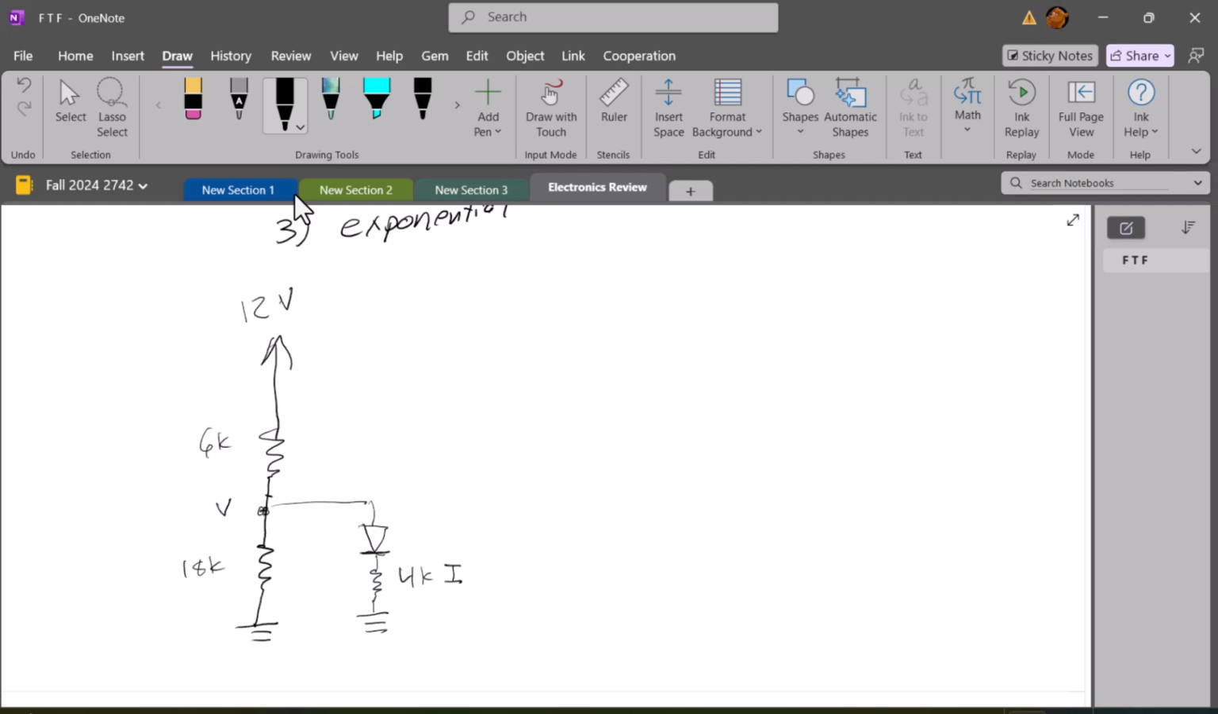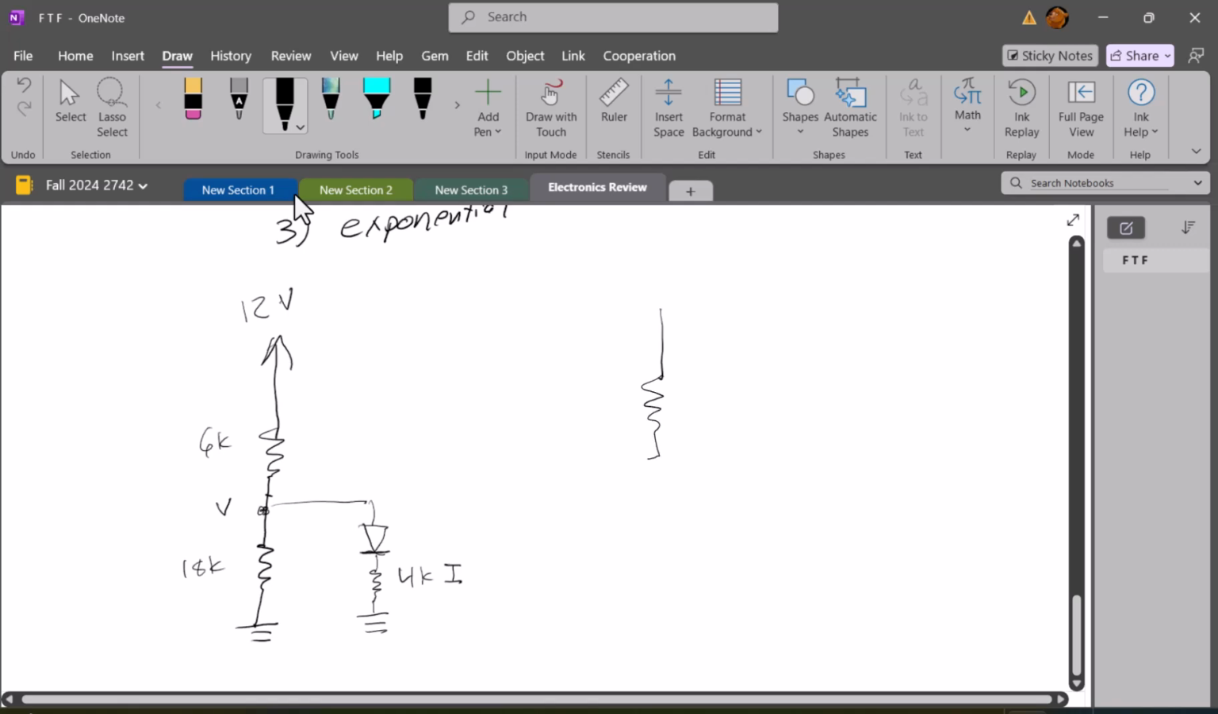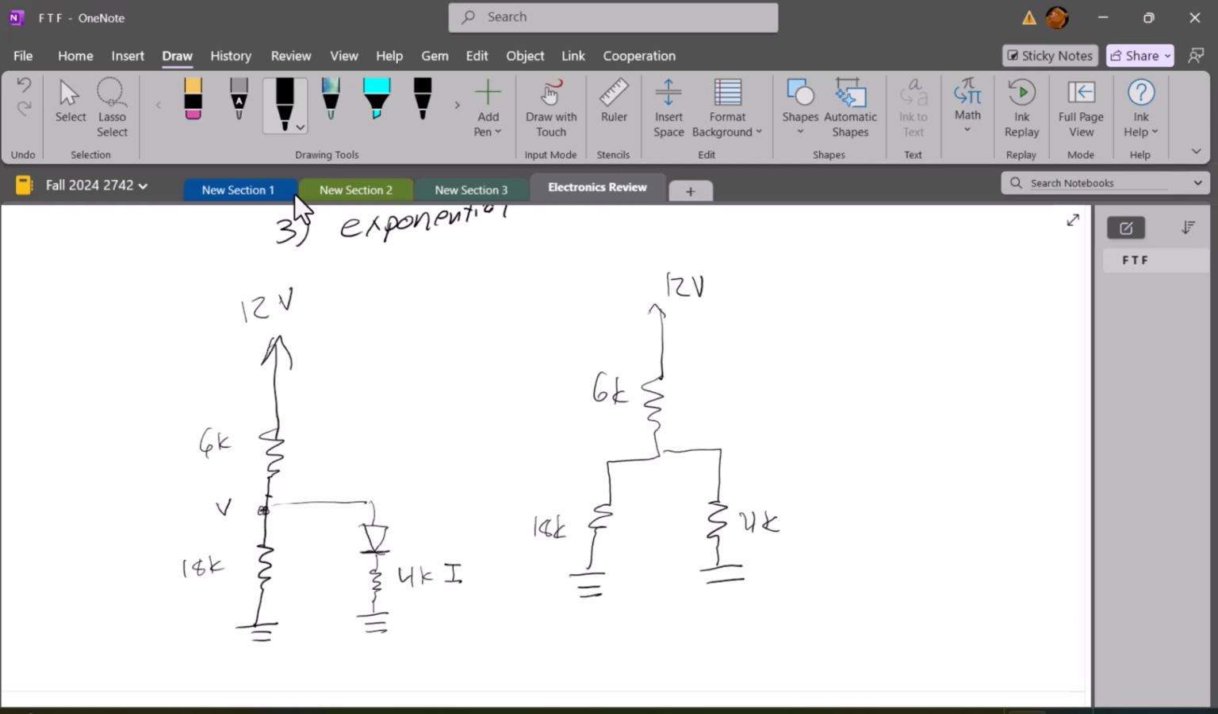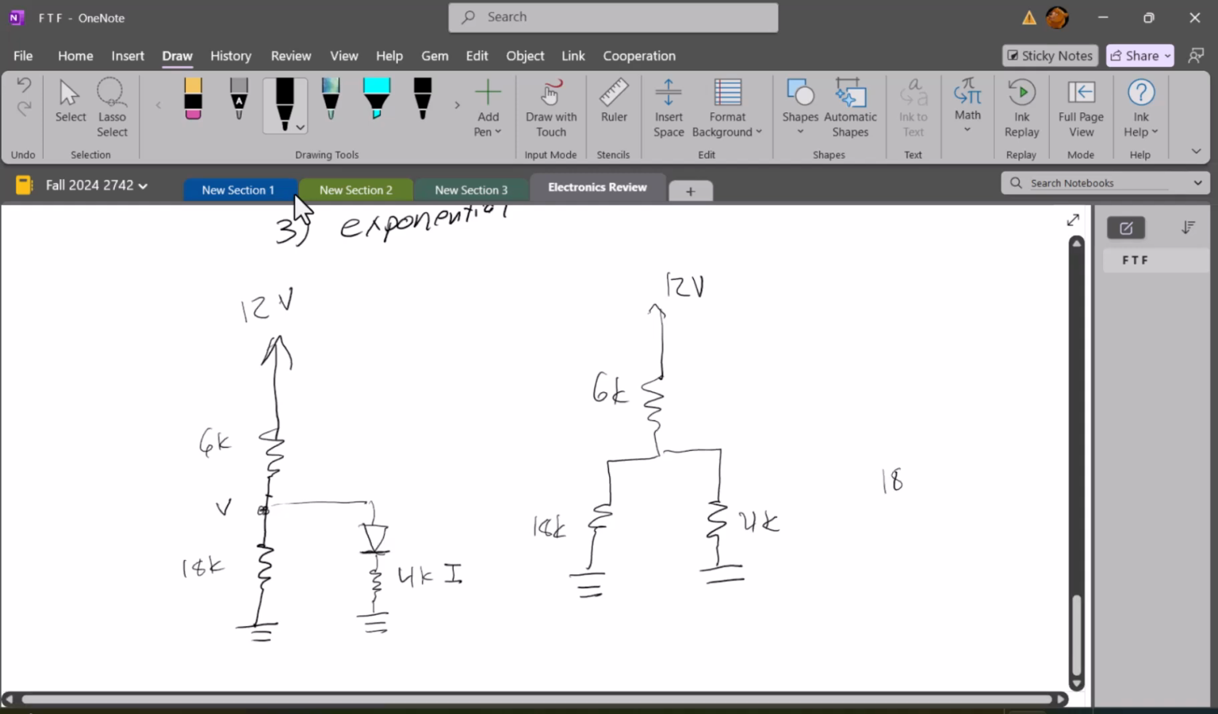And so I look at this and I say, okay, if I'm using the ideal model, then this circuit is essentially the same as that if the diode is on. So I'm going to assume that it's on, and then work the problem and see if my assumption was correct. My 18K and my 4K are in parallel, so the equivalent resistance between the two of them is 18 times 4 over 18 plus 4,